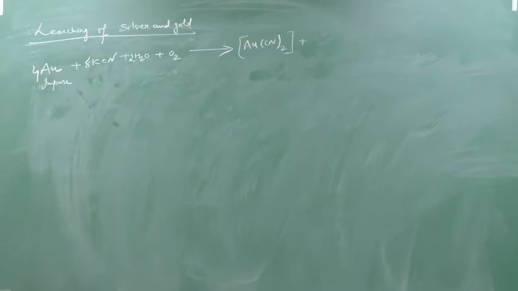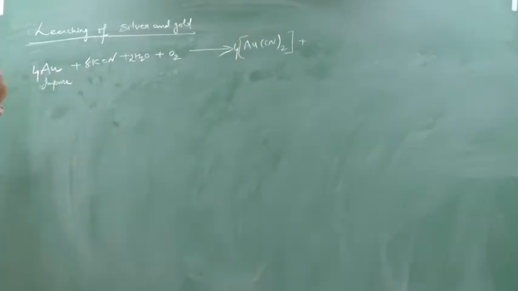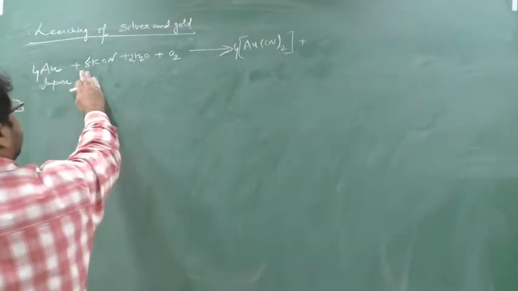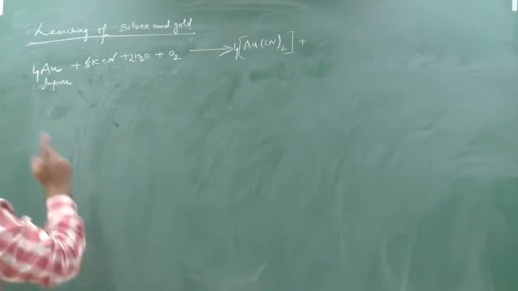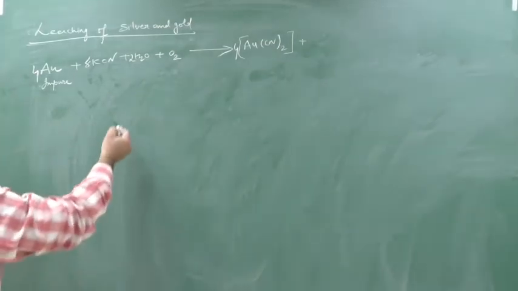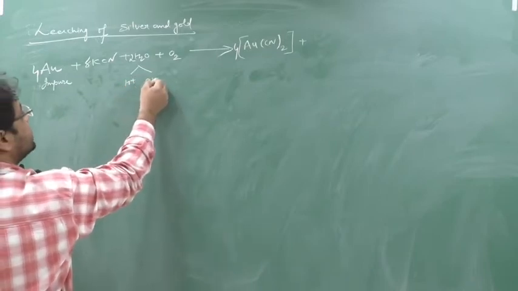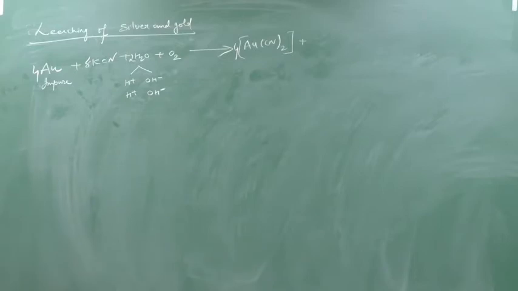Now what will happen? We will see this. See here, there are 4 Au, so I will put 4 here. Chalo, balanced, 4 to the 8. So out of 8 CN, this 8 CN has gone. Now what remains is K, 8 K remaining. So this I can write down this way. H2O means H plus and OH minus. Here also H plus and OH minus. Yes or no? Clear?